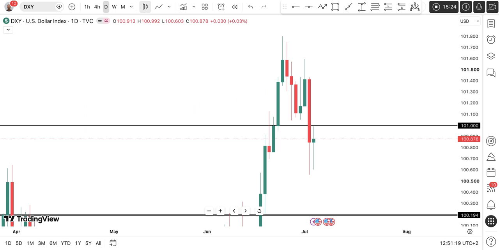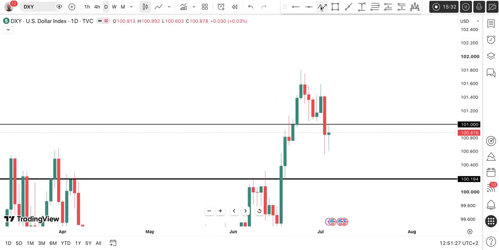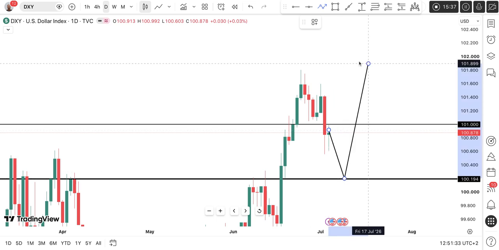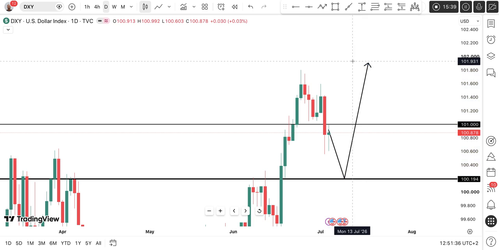So you can see, the DXY complements our entry. When the DXY does this, to this area of interest we're anticipating it's going to get to, before it pushes to the upside, it then gives the GBPUSD momentum to go up. And just like that,